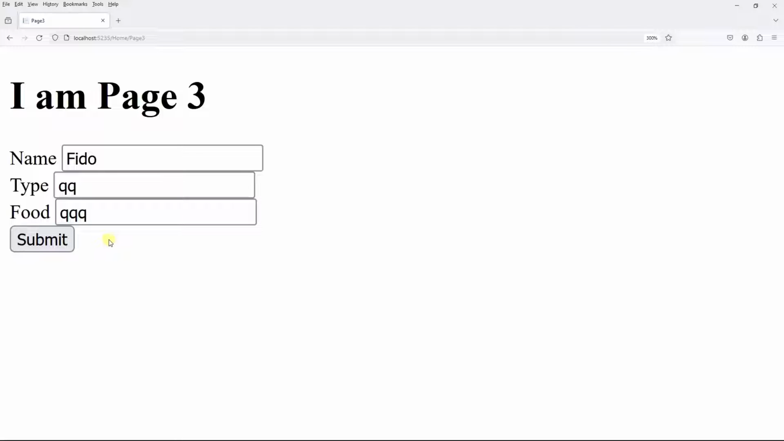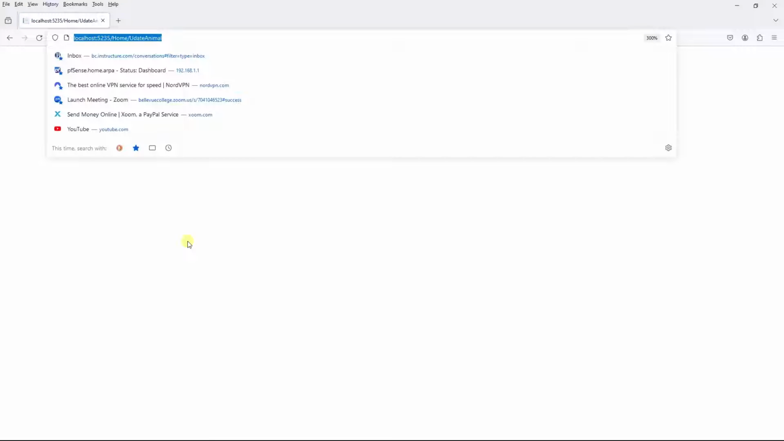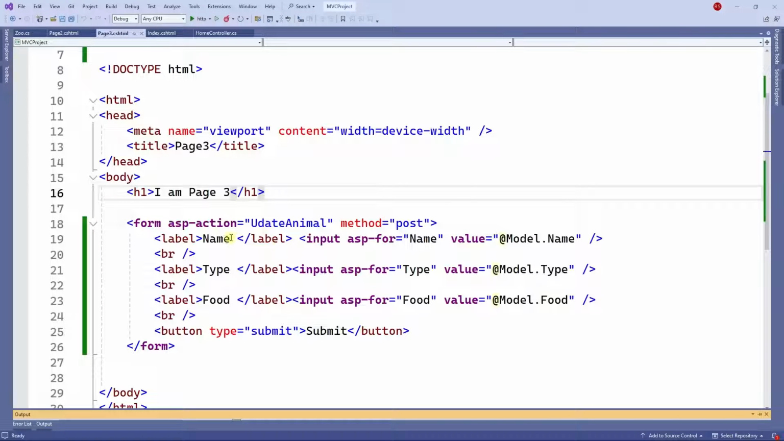So I do not have the action yet, but I'm going to click on submit, and it goes to the update animal action that I don't have yet. So that's why you have a blank page. So let's create the update animal